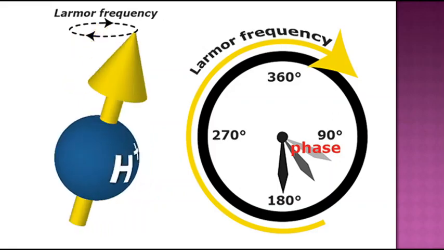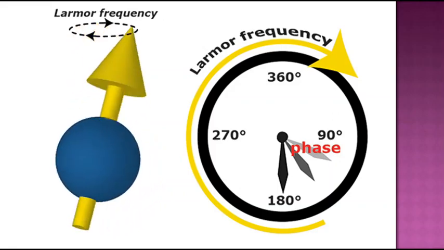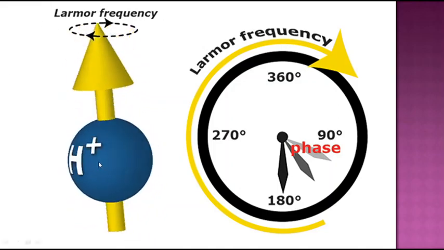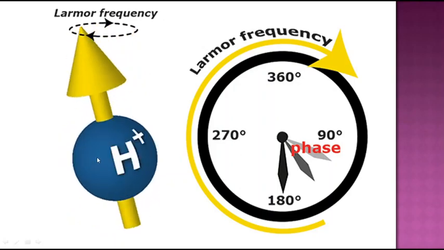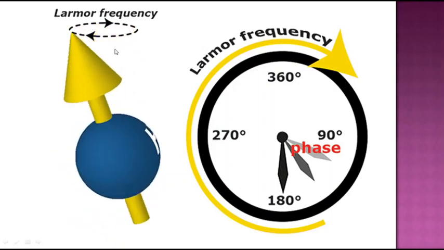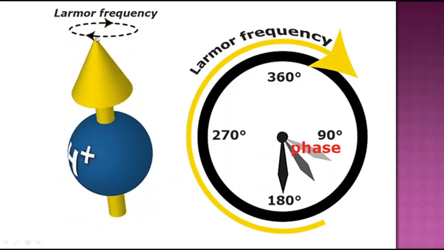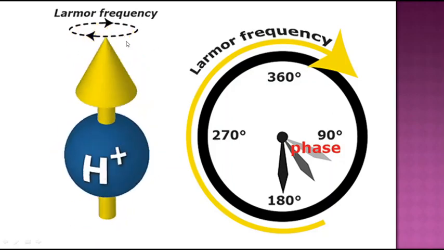And you can see here the hydrogen spins, the proton spins. Okay, can you see the spin? This is called the spin. You can see here the hydrogen spins. At the same time it precesses, right? Like you can see, this is called precession. If it completes one cycle, that is called one cycle. How many cycles it completes per second? That is called the Larmor frequency.